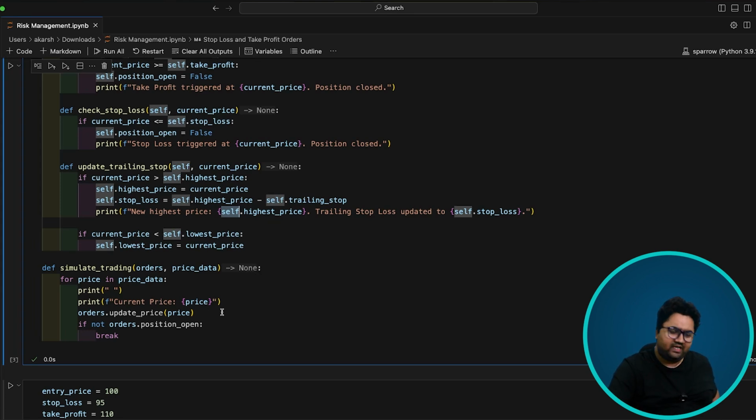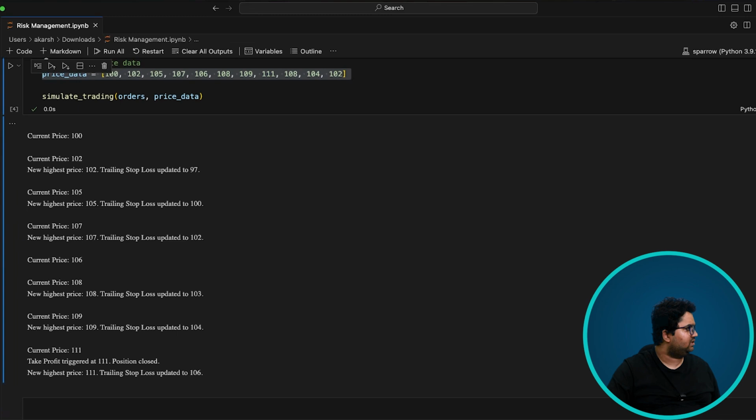And it also updates the lowest price if the current price is lower than the previously recorded price. So essentially looking at the movement. One simple way to look at it is if the price has moved from 100 to 105, you just come back and update your stop loss and keep doing a bunch of that. The simulation is just running it in a loop. So I'll just run and submit this.